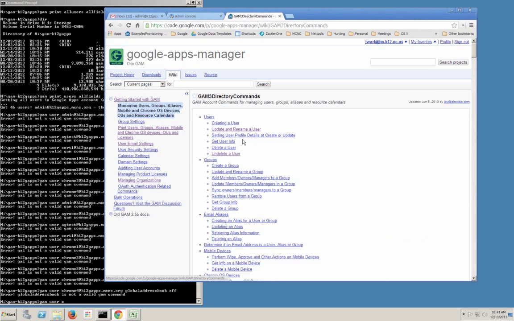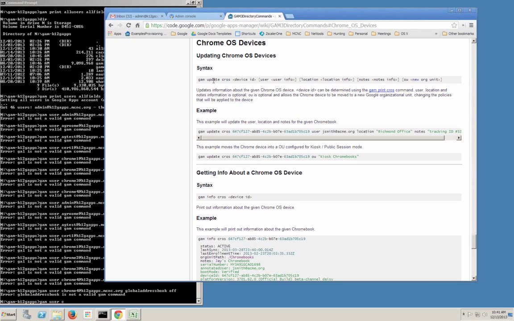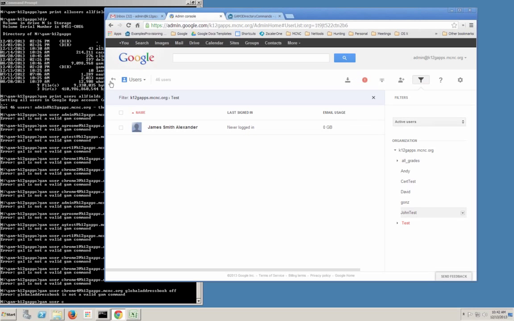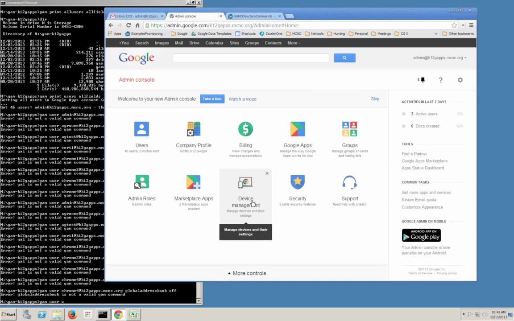Now, you can also, from the Chromebook side, we can go down and take a look at our Chromebook devices. We can update the information on our Chromebooks. If you have an Excel file, Google spreadsheet file, or CSV file that you can edit that has your Chromebook data in it, we can run little scripts that will update the information in your admin console. So if we look in our admin console here,